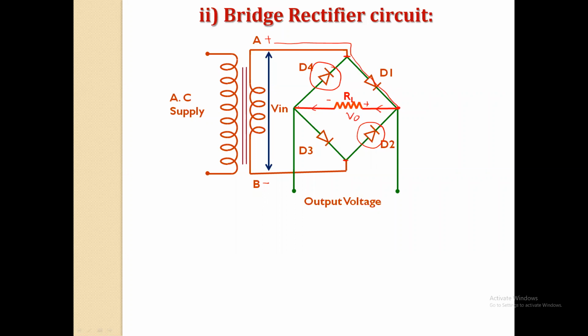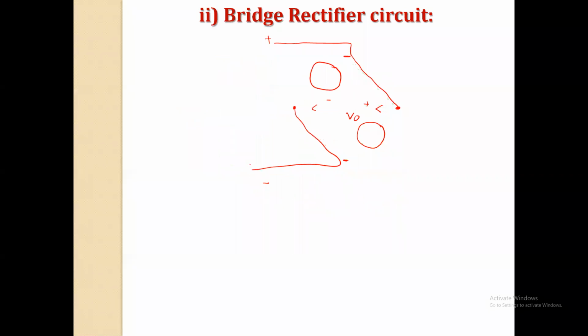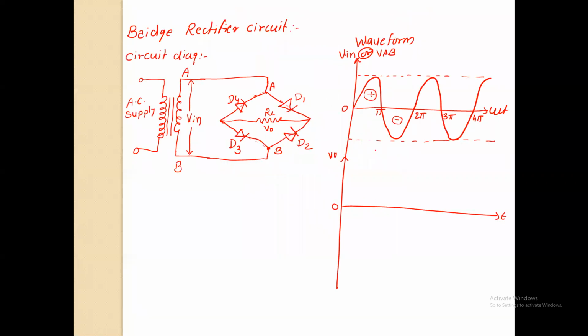Now the current comes to this point, definitely it will not take the path of diode D4, it will take the path of diode D3, and then it will return to the negative terminal. So this is the direction of current flowing in every positive half cycle. And if I try to draw the waveform for the positive half cycle due to the diodes D1 and D3, you will get the waveform same as the positive half cycle of the input waveform, but this is because of D1 and D3.